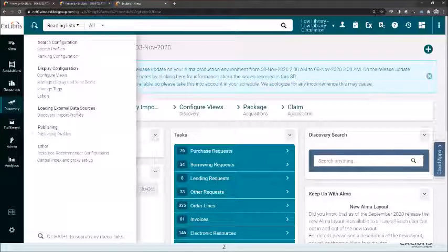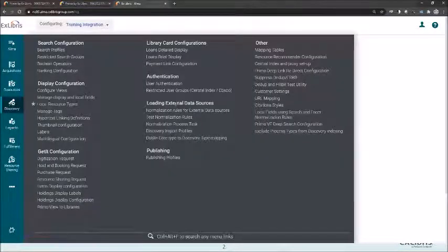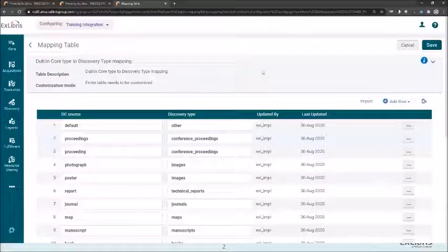For our next step in our demonstration, we will need a different item from this menu. So we will go to the full configurations. And here we will have the Dublin core type to discovery type mapping table. The reason why we created this mapping table was because we noticed that although we set a lot of good presets for Dublin core,